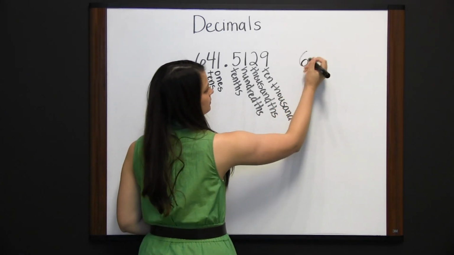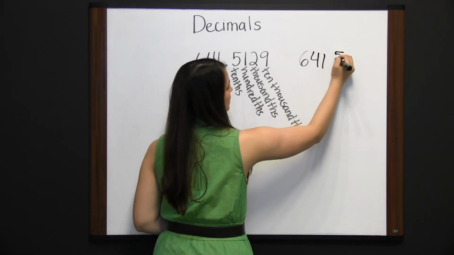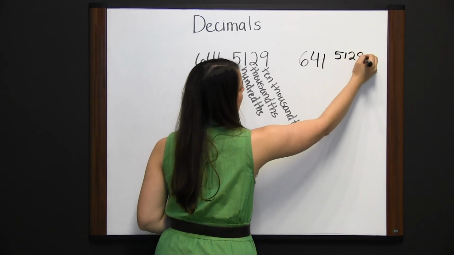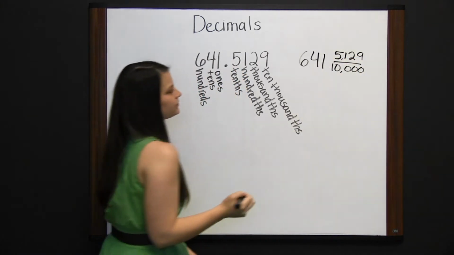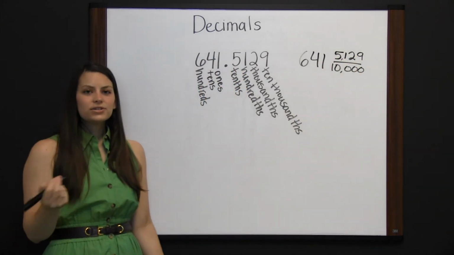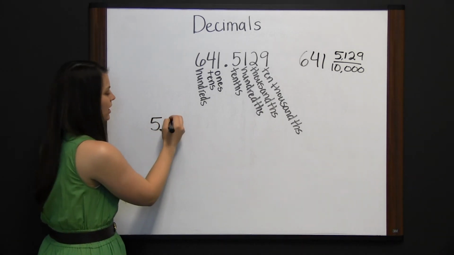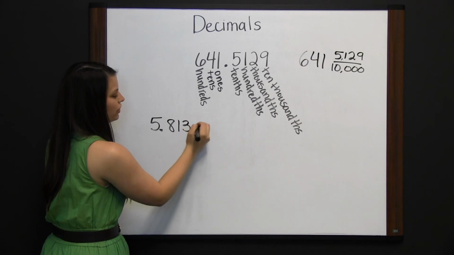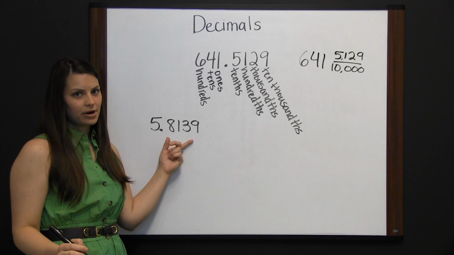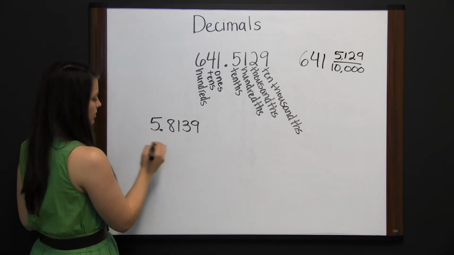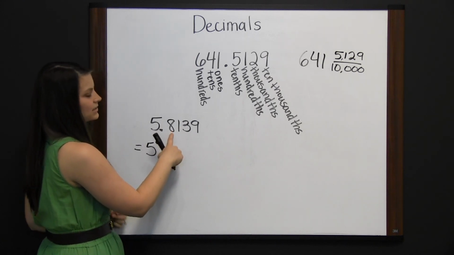641 and 5,129 10,000ths. Let's look at another decimal. 5 and 8,139 10,000ths. We could write this number as an improper fraction by taking the 5 plus, this would be 8/10ths